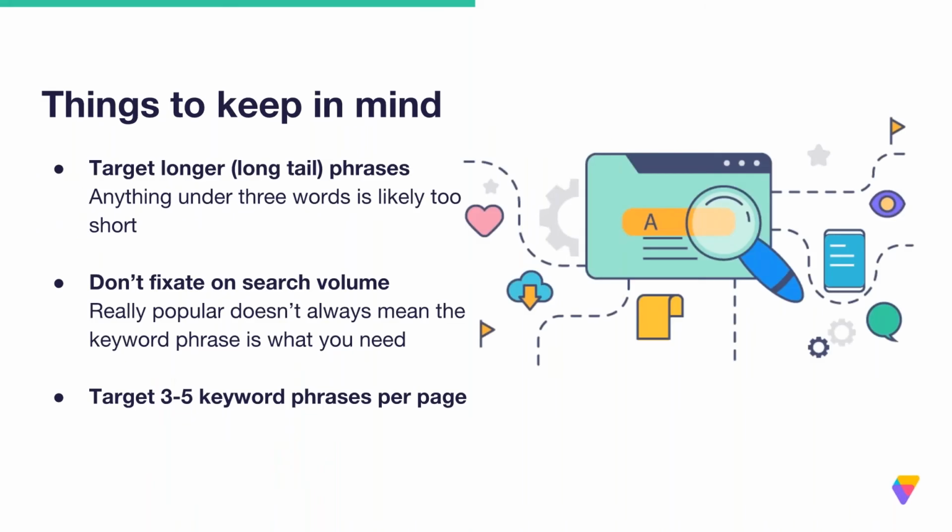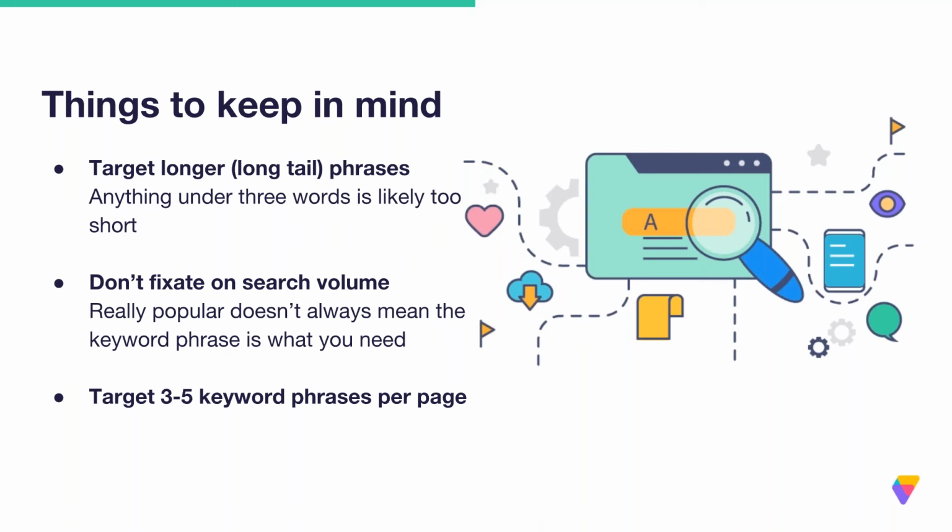So we've talked through that keyword trinity and how it functions as the basis of your keyword research. But when you're performing research in general, we want you to keep a few things in mind. The first one is you should try and target longer phrases whenever possible. Within the SEO industry, we call these long tail phrases. The general idea here is that any keyword that's under 3 words is likely too short for what you're trying to